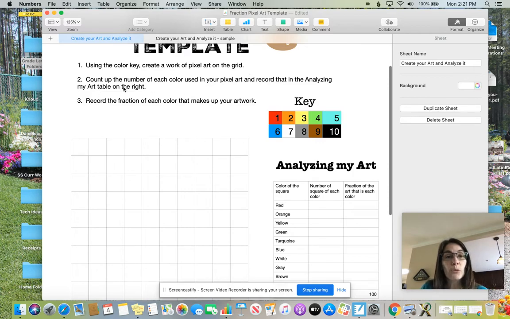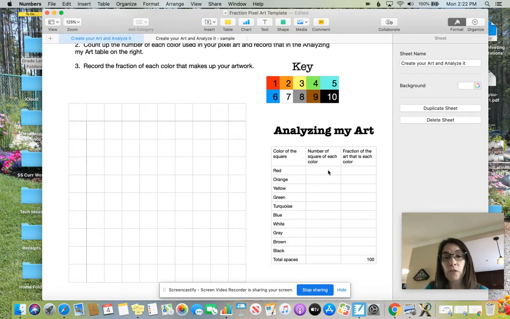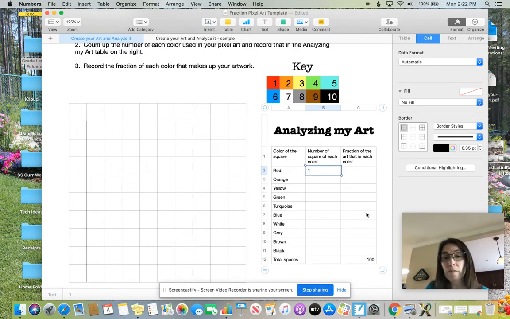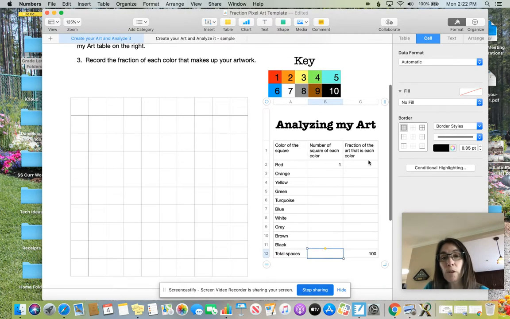Then you're going to count up the number of each color that you've used in your artwork and record it over here in the table. So for example, if I used one red, that would be one red. And then I'm going to figure out the fraction. I'll tell you right away that there are a total of 100